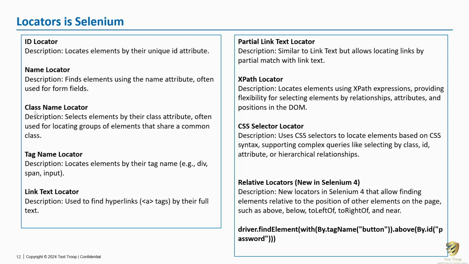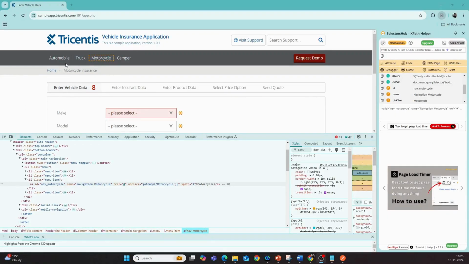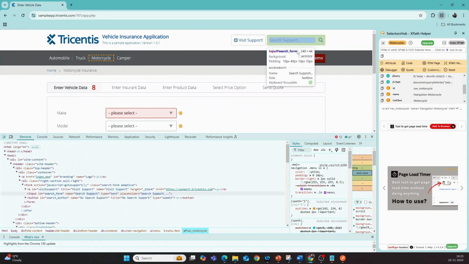Now the third one is the class name locator. This is again another attribute. The element has an attribute called class, using which you can locate an element by the class name. It selects an element by its class attribute. Let us go and see what a class attribute is. For this we will select another item, for example,